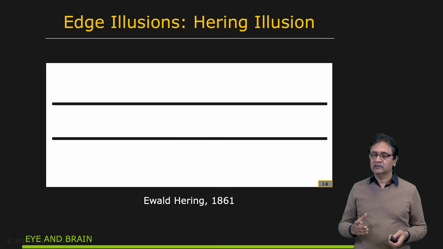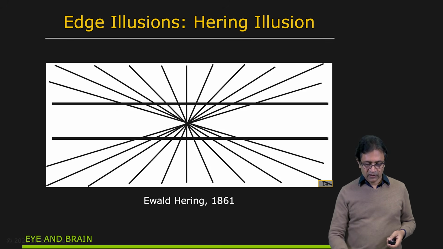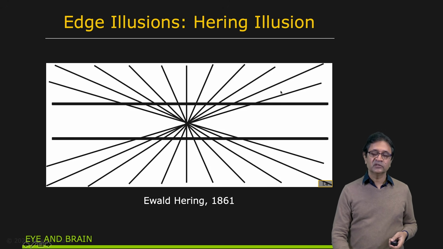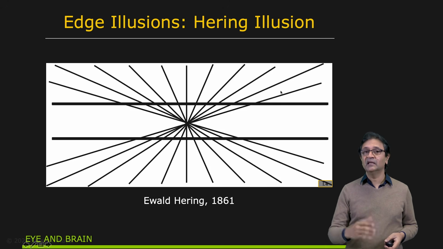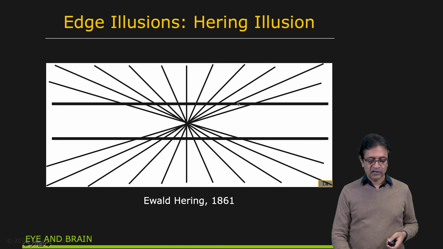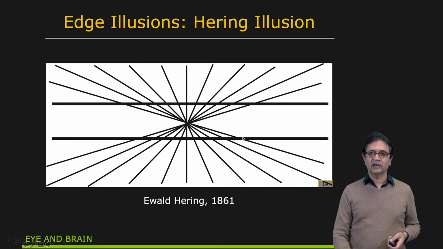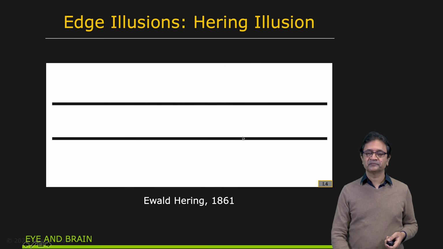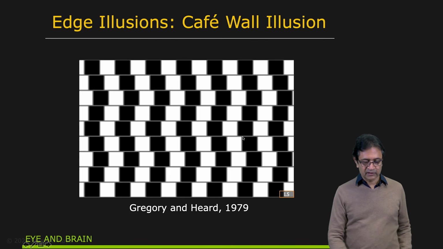It appears that the reason this happens is that when you have acute angles in an image like this one, the human visual system tends to see these as less acute angles. And that bias that you have in the system, I don't really know why that bias exists, but that bias makes you want to believe that these are actually curved lines bulging out, both of them, and not parallel lines as they actually are.